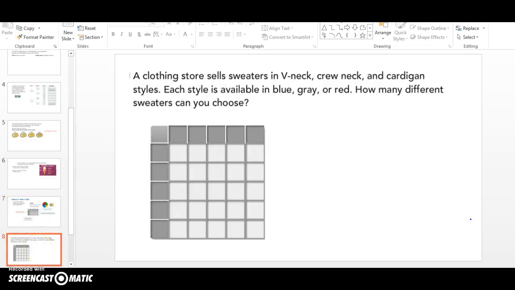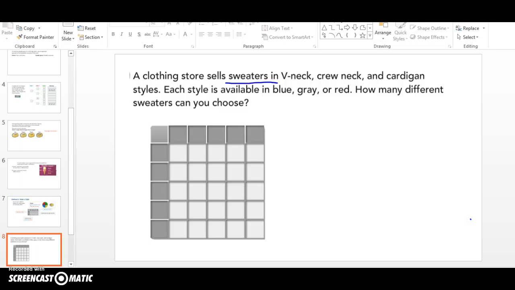So this is your last slide, but this one's easier than the last one, so I want to do this one first. Okay? All right. So this says you go to a clothing store, and it sells V-neck, crew neck, cardigan styles. Each style you can buy in blue, gray, or red. And we want to say how many different things can you choose. Okay? So either, it doesn't matter, across the top or down the side, you would want to put the different